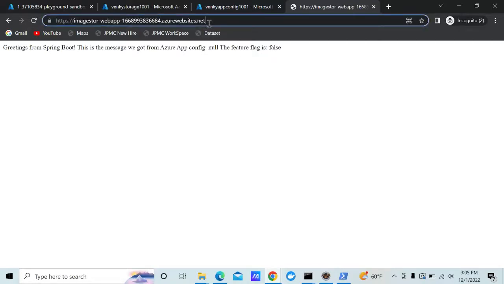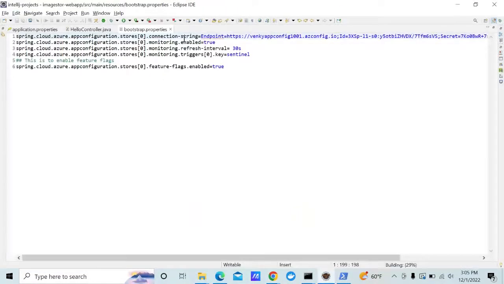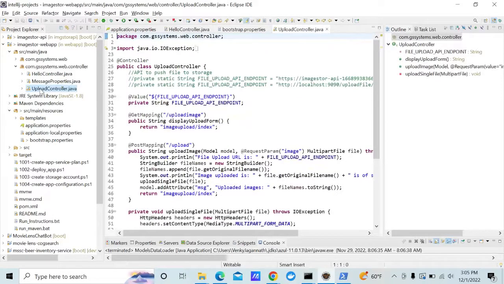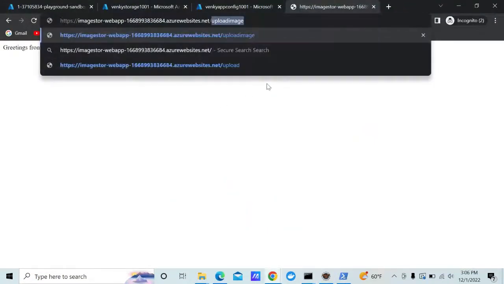So if you go back to the source code here, we need to actually be able to upload a file now, and it should be able to contact the API and actually put it into the storage. So what we are trying to do here is upload image, right? So this is what we are asking it to go to. If you go back to the application and then say slash upload image,